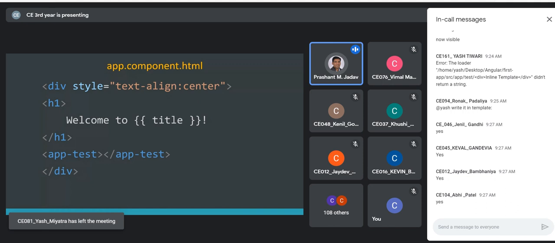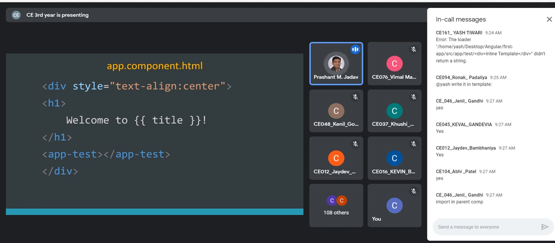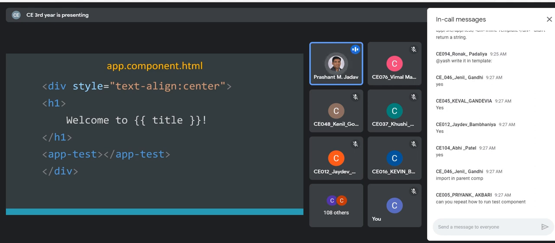We can use multiple components. So what is the procedure for creating and using multiple components? For creating a component, we can use the command ng generate. Using the ng generate command, you can create as many components as you want.